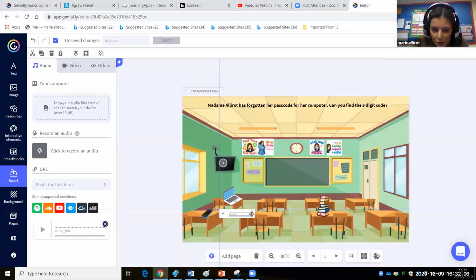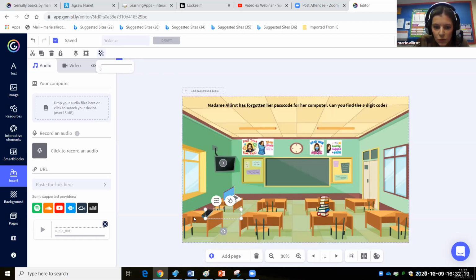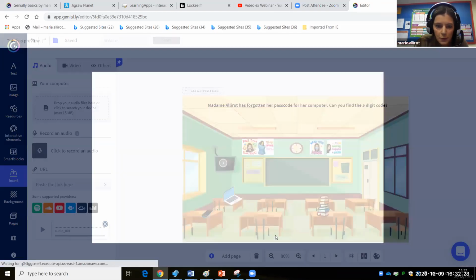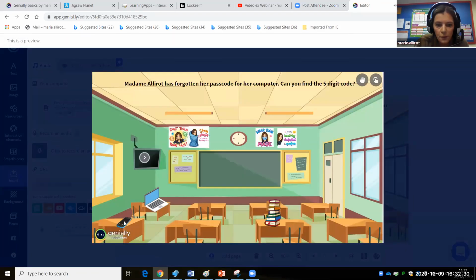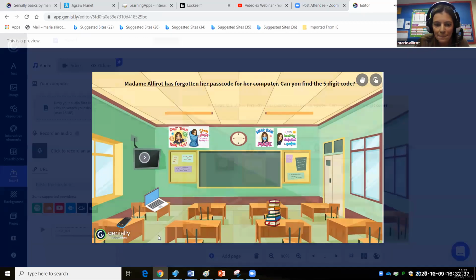So it doesn't look very nice if you just got the audio player like that. So what you can do is you can make it transparent. So to make it transparent, you click on it, go to transparency, and now it's transparent. I don't want this to move or the phone to move, so I'm going to lock them. So if I lock them, now if I do preview, if I click on the phone, you might need to move some objects to find one of the clues. So you've got your audio there.